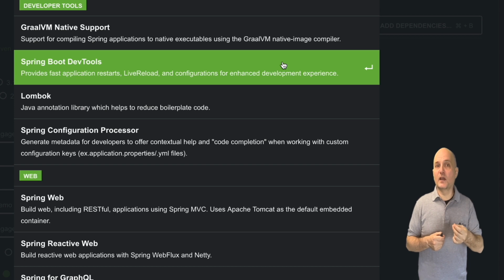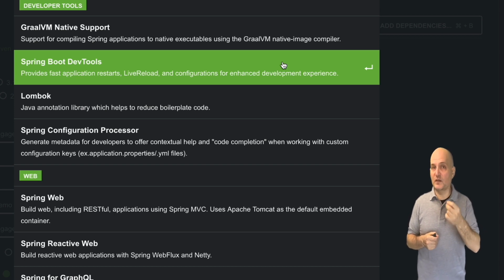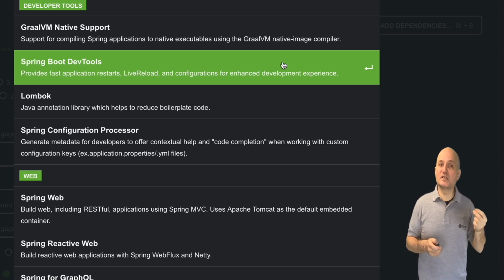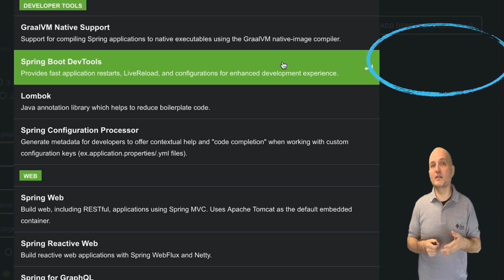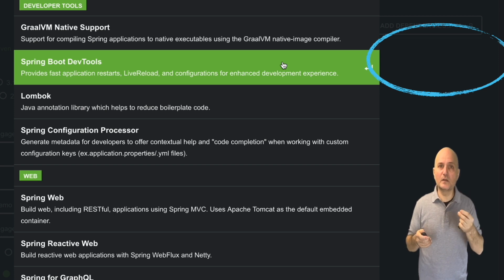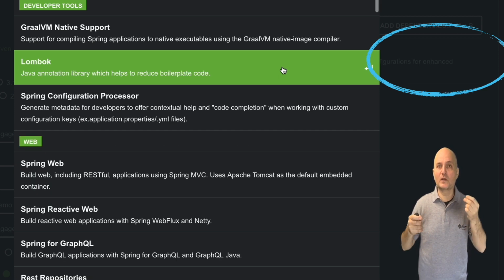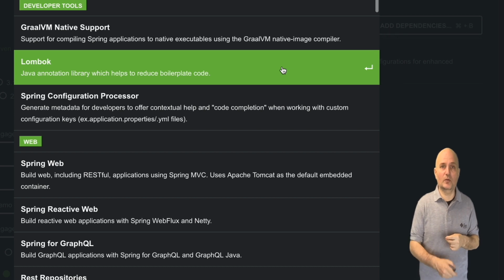The first dependency I'll add is the Developer Tools extension to Spring Boot that provides some ease of use tools. When you add a dependency, it closes the dialog unless you hold the Command or Control button while clicking on the dependency. Notice the dependency was added behind me here. You don't really see it, but we'll see all the dependencies once we close this dialog.